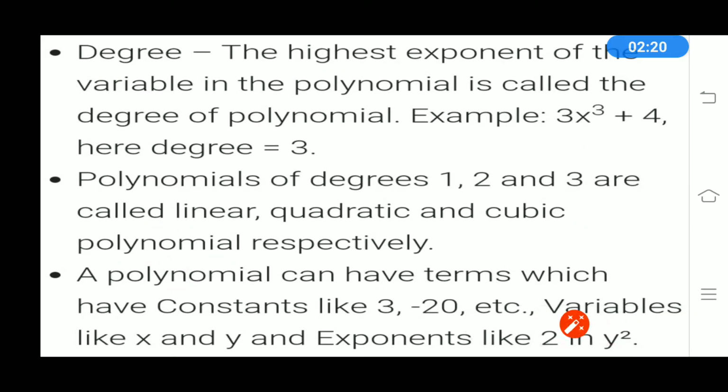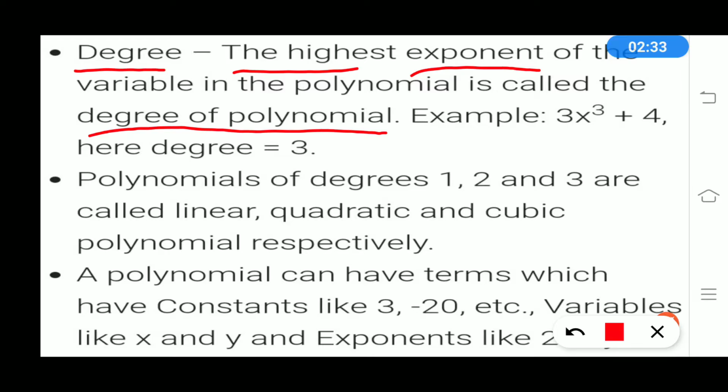Now degree of a polynomial. The highest exponent of the variable in the polynomial is called the degree of a polynomial. Clear? The highest exponent of the variable in the polynomial is called the degree of a polynomial. As an example, if we take 3x cube plus 4, so here the exponent is 3, so the degree is 3. So in 3x cube plus 4, the highest exponent is 3 for x cube,